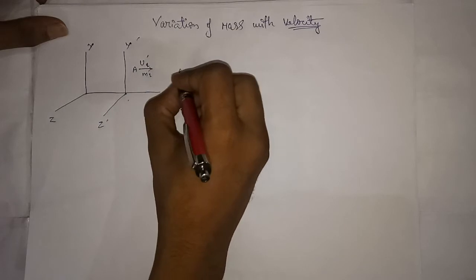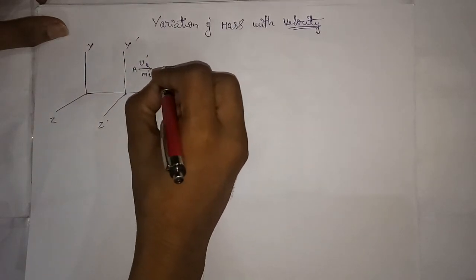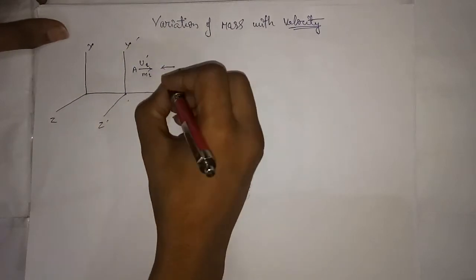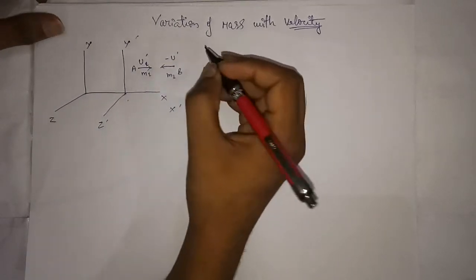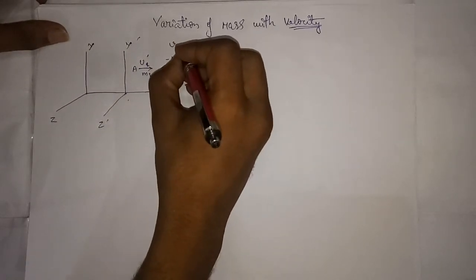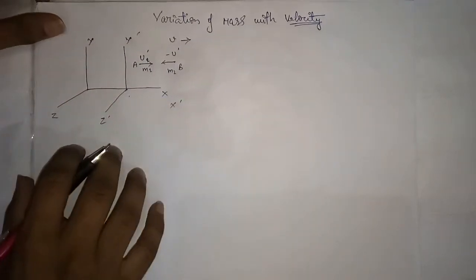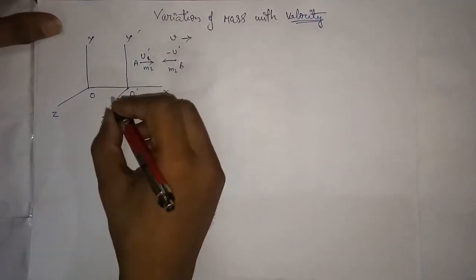And we have a particle B moving in the opposite direction of A, having mass m2 and velocity minus u dash. And the velocity of this frame is v in this direction. This is the O point and this is the O dash observer. Okay,